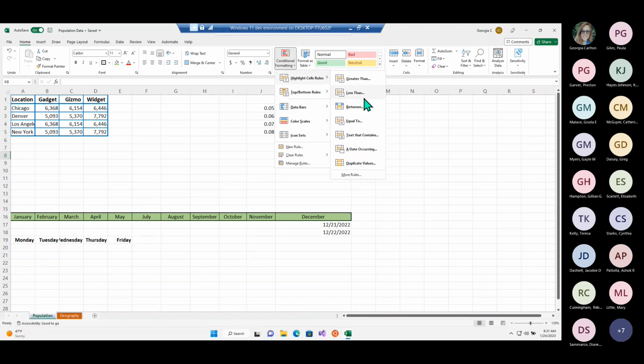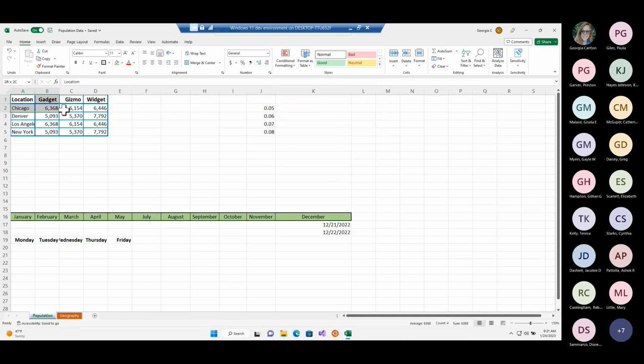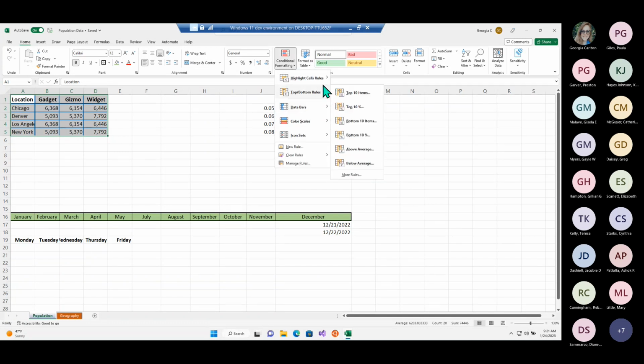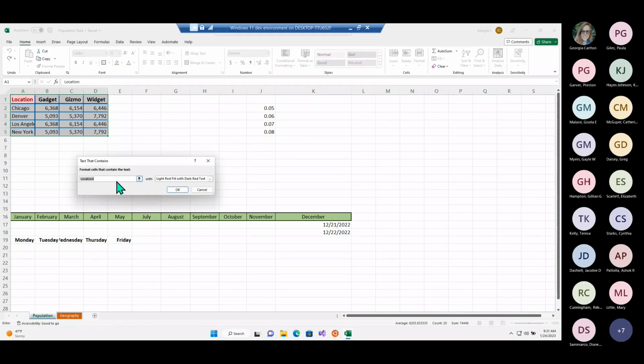So within this, we'll also see that I can highlight it based on text that it contains. So let's say I wanted it to highlight anytime it says Los Angeles, I can go in, I can highlight this area here, and we can say conditional formatting. And then I could go in to highlighting cell rules and say text that contains, and then I can choose what kind of text I would like it to contain. And we'll delete location. And let's say I wanted to say Los, and without typing anything else, we'll see that